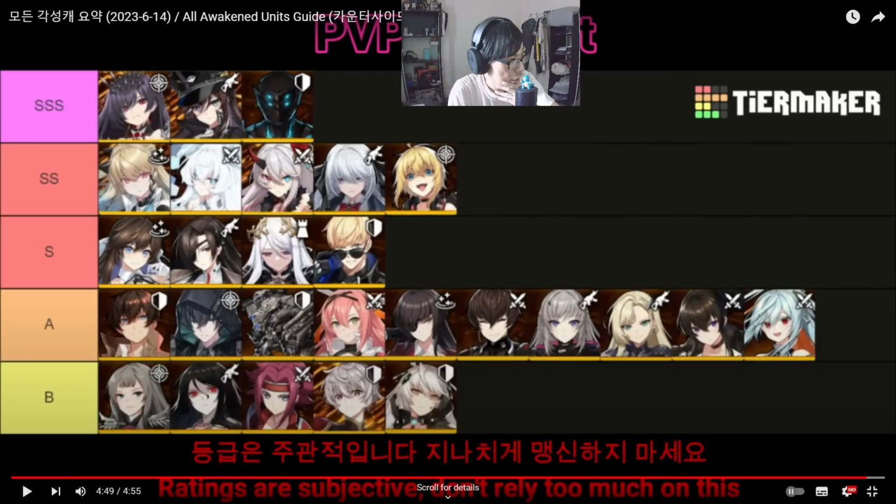Let's see, a few other things that I would change. I can agree with most of the triple S and the double S here, but I will move up Awaken Jake. I think Awaken Jake is still the strongest defender, and because he counters mech, I will move him to the SS tier. And looking at the A tier,